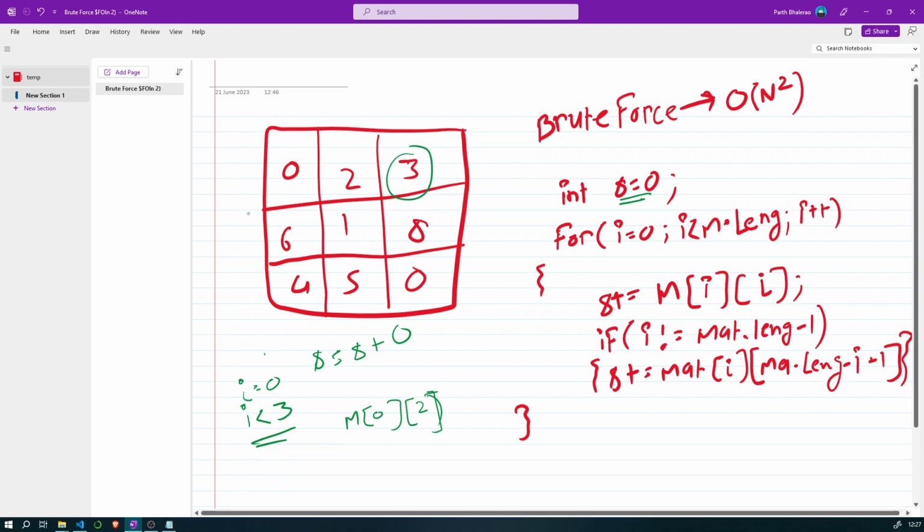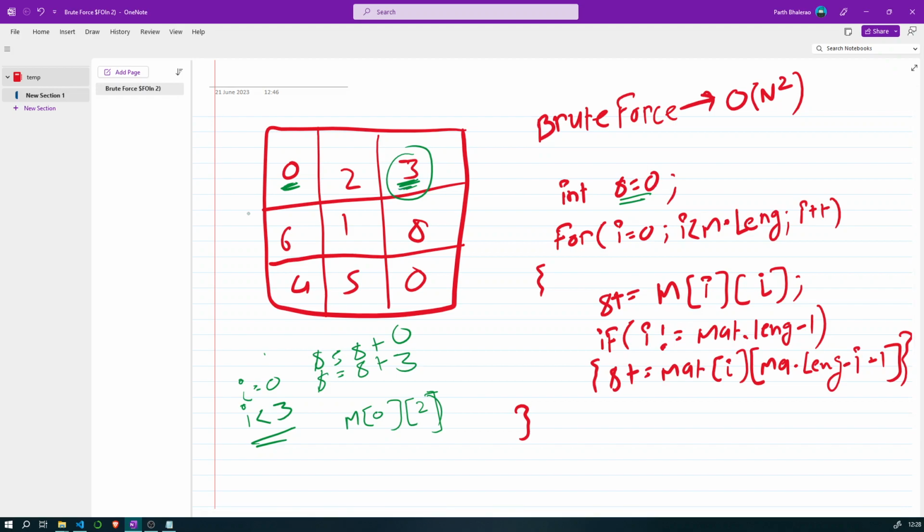So this element also it will add. So s will be equal to s plus 3. So you are seeing that at the same time we are considering an element from the primary diagonal and also an element from the secondary diagonal.